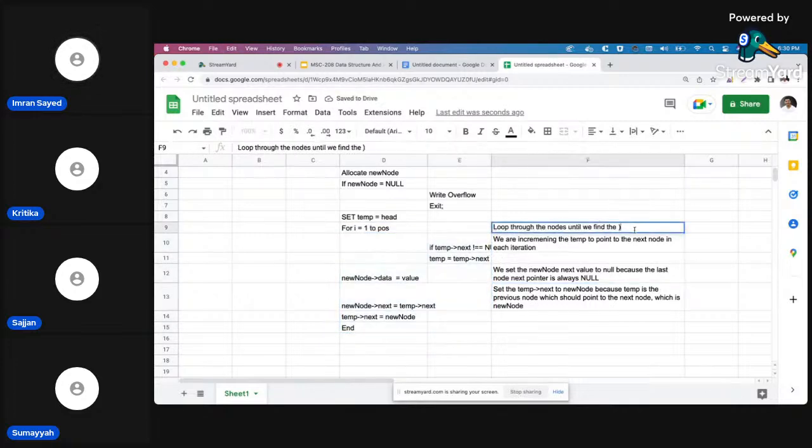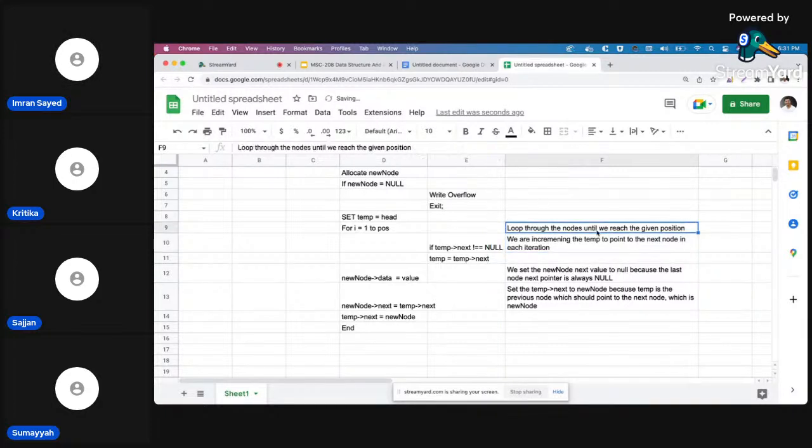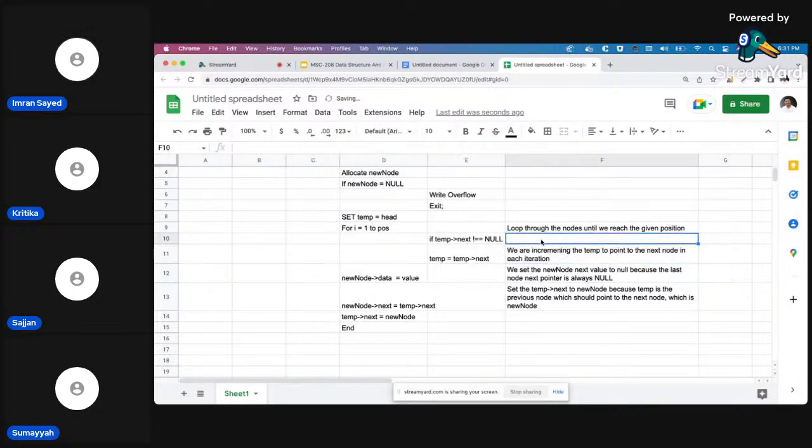Loop through the nodes until you find the given position, until we reach the given position. Then we are incrementing the temp to the next node in each iteration. Go until the last node. Then